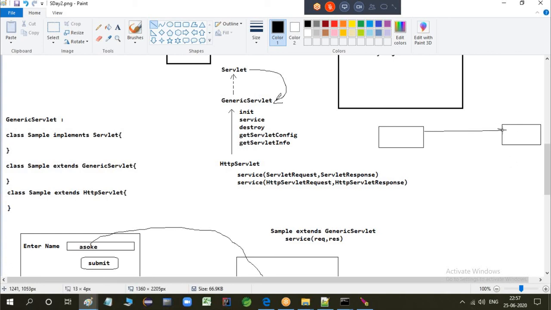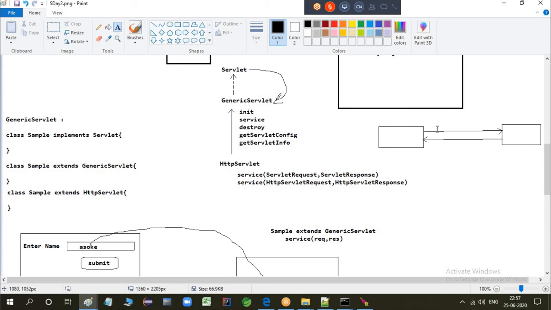Server will take the request, process the request and respond back to the client.